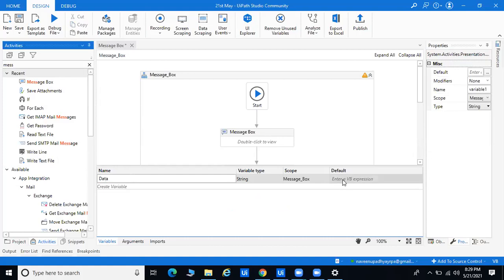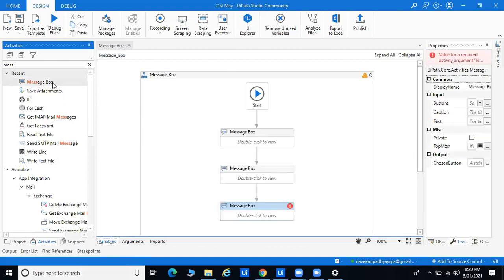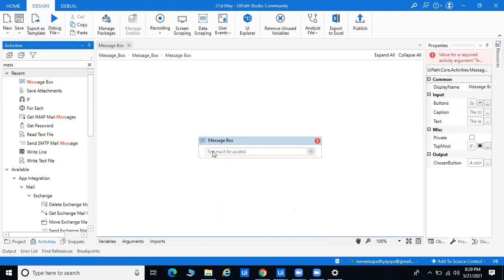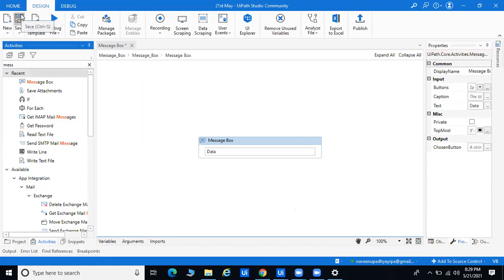In data, I will pass RPA UiPath. Then I'll go to the message box, and here, instead of double quotes, I'll also provide the shortcut: Control Space for the data. Then save and run the program.